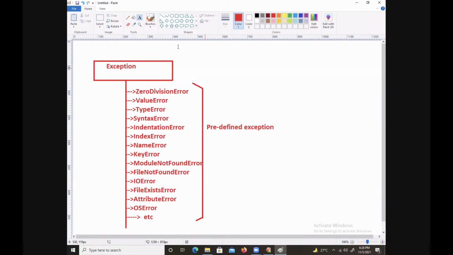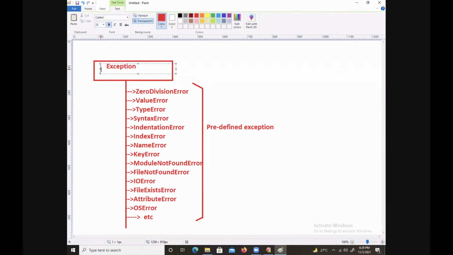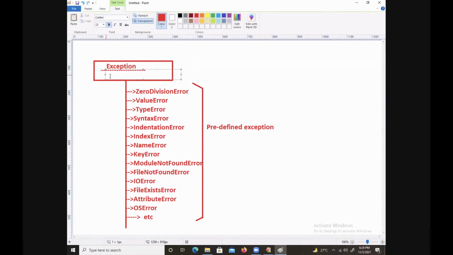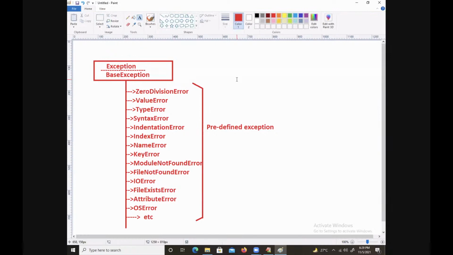So when I started using exception here, exception is like a base class for all the exceptions. Dear students, I'm trying to say exception is a super class for all the exceptions in Python. I'm writing one more thing here, base exception.